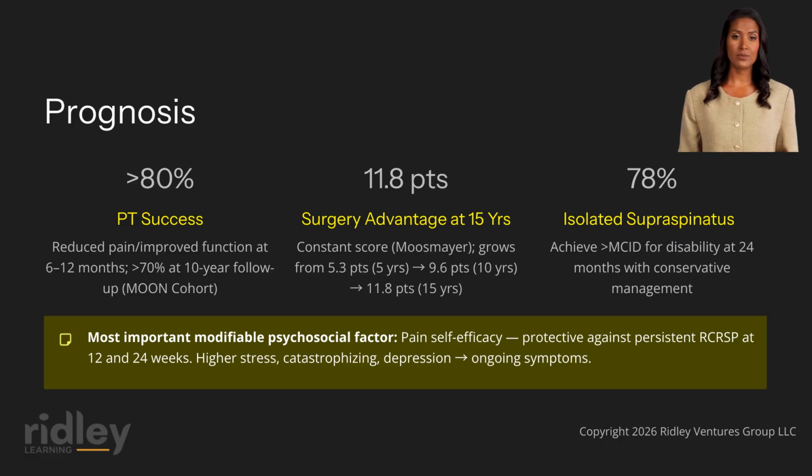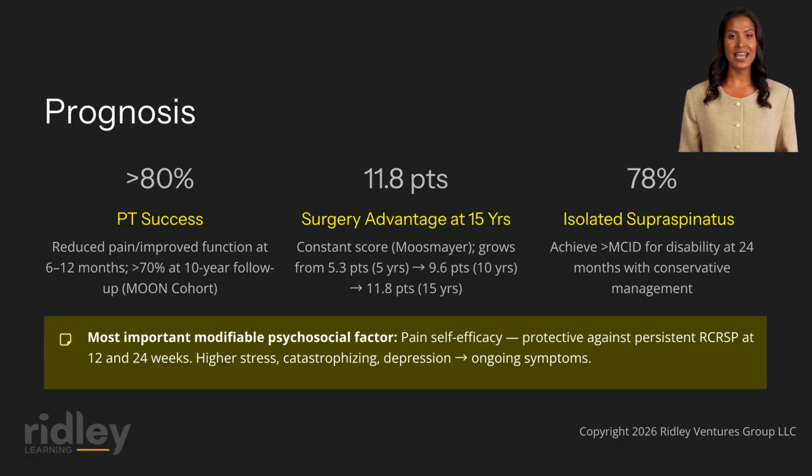Prognosis in rotator cuff pathology is determined by a complex interplay of patient, tear, and treatment factors. For conservative management, clinically important improvements in pain occur within 6 weeks. Meaningful improvements in disability as measured by the WORC occur within 12 weeks and are sustained through 26 weeks, and at 24 months, 78% of patients with isolated supraspinatus tears achieve improvements greater than the minimum clinically important difference for